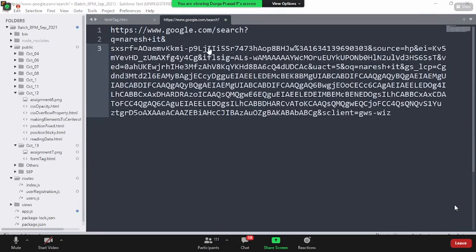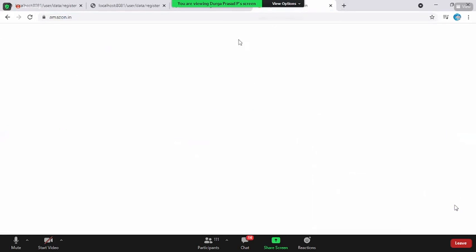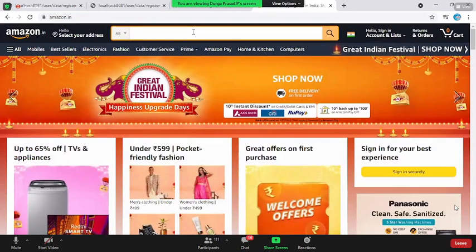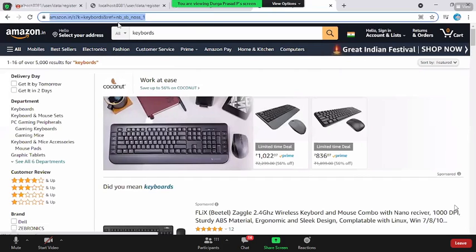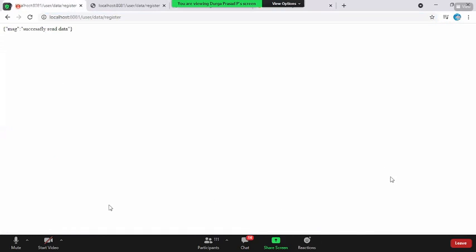In the same way, when you go to Amazon and I search for something called keyboard, now when you click on this, see the URL. Do you see the keyboard as key equals keyboards in the URL itself? Based on this, you tell me whether Amazon is searching based on GET communication or POST communication. So GET communication. Are you clear now? Yes, sir. Thank you.